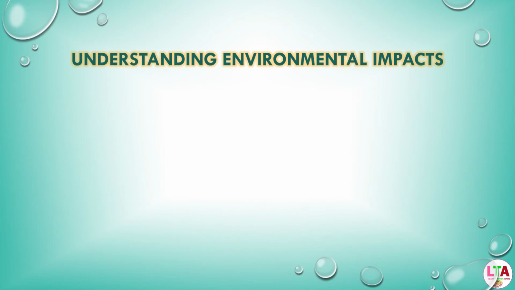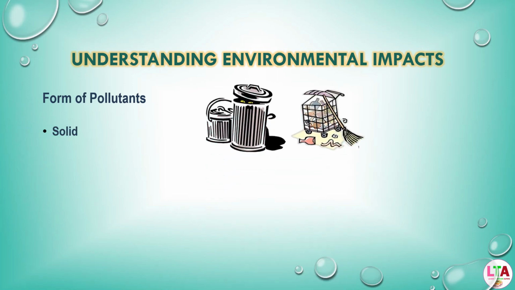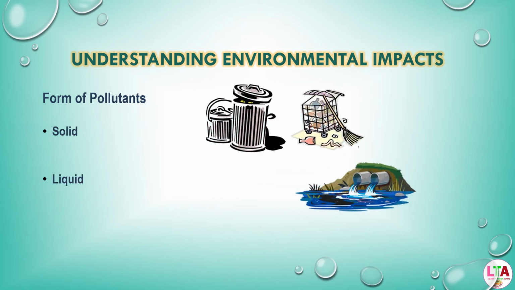The next thing is, we already identified the list of activities, and for all those activities we did a mass balancing diagram, and the mass balancing diagram is converted into environmental aspects. After that, we need to determine the environmental impacts. Environmental impacts are nothing but environmental pollution. Pollution is because of a pollutant. The pollutant has three forms: one is solid form, another is liquid form, and the third is gaseous form.